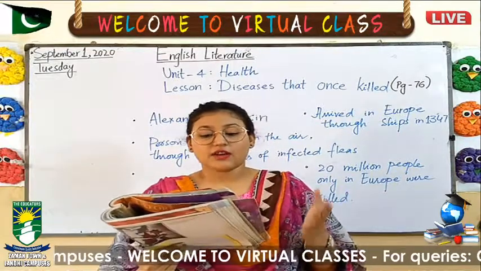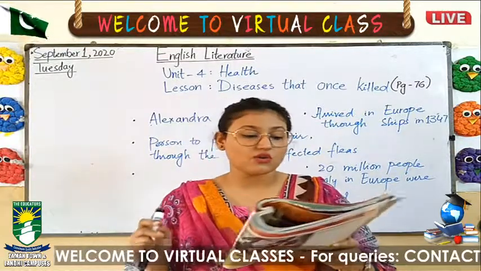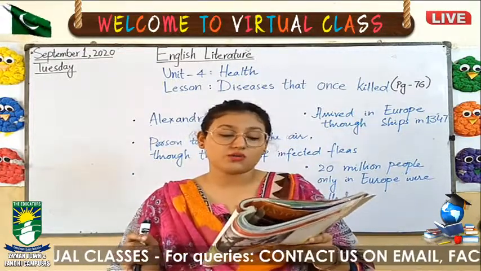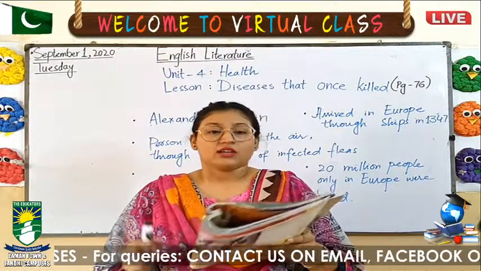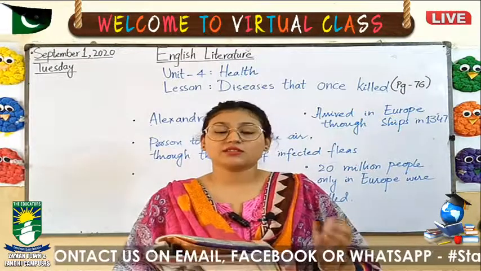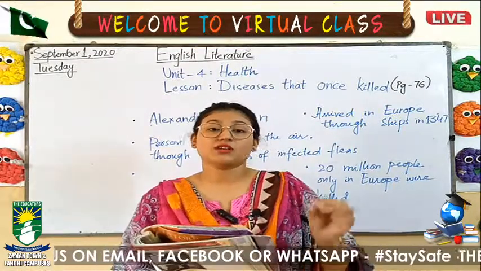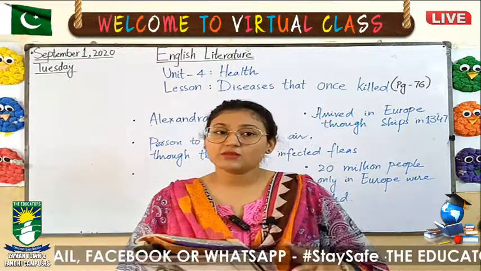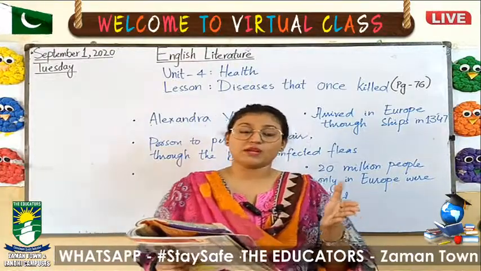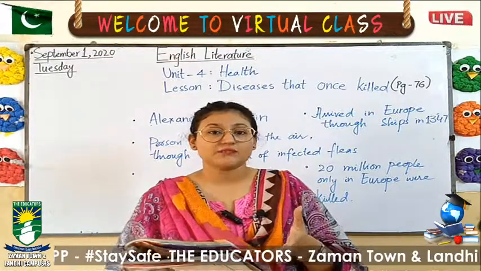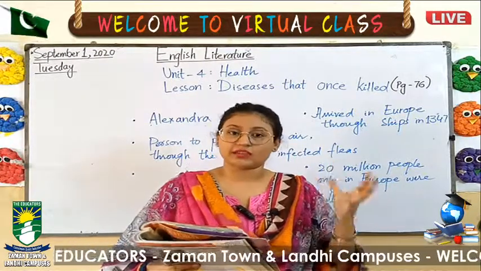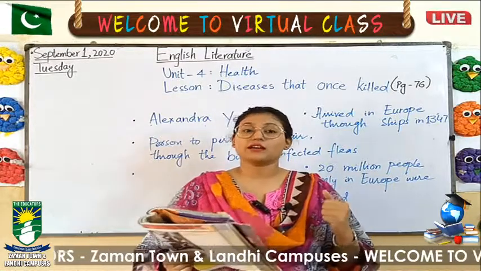that infested rats and other animals. The plague went on to kill many people in Asia, Africa, and America before a cure was found. So the fleas, as parasites, infested different animals, and that became the reason for the spread of this epidemic, which was famous as the Black Death.